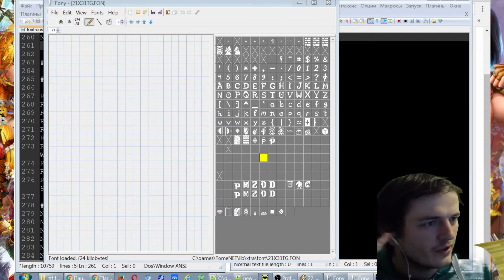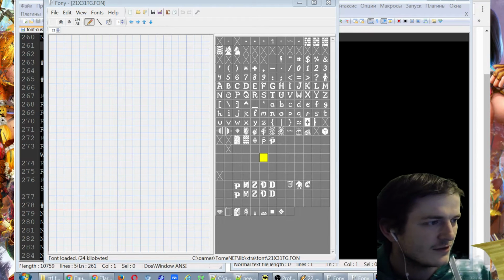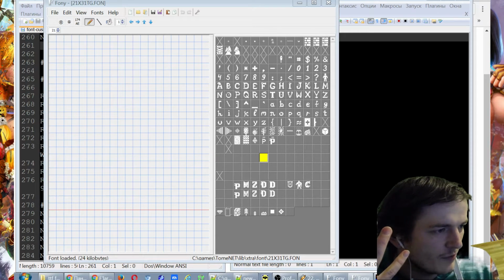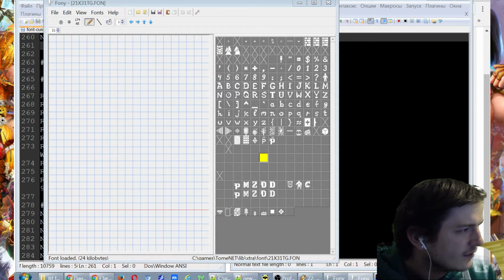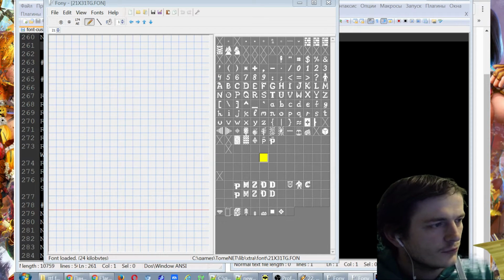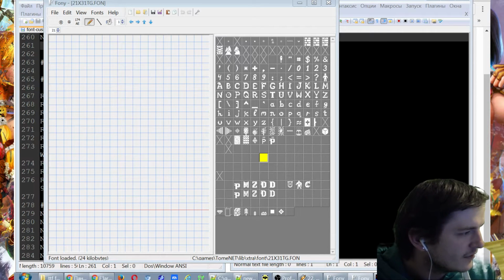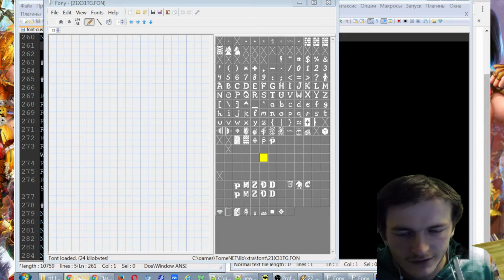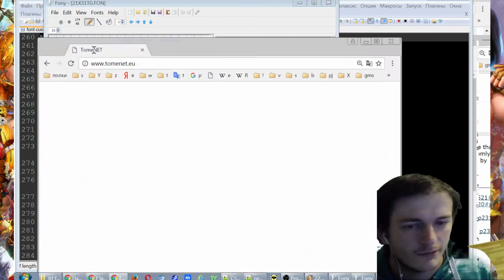Because when you make it very crude, it's not licensed. Because you take a vector and you make a very crude raster, and you can't recognize even this vector. And I think it's okay to do so. But if I show how I do it, I make not a really good thing. But as we are non-commercial, TomeNet is not a commercial thing, not a commercial program, not a commercial game. I think we have all